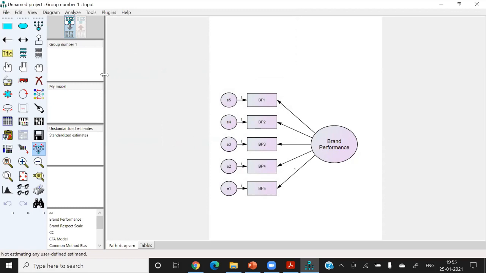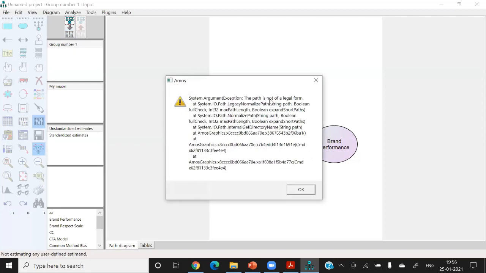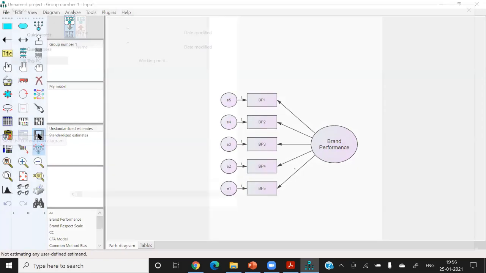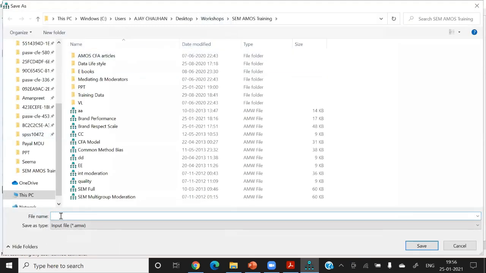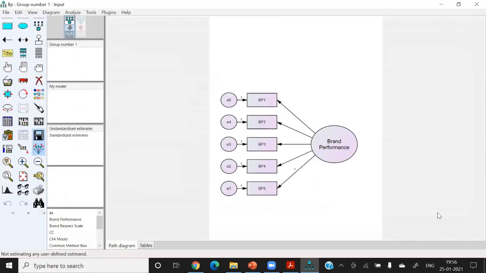But the problem is that software will not run your model if you don't save it. First of all, you have to save this model, otherwise the software will not run it. For example, if I want to run it, this software will show you this kind of problem, and you will be confused about what is the meaning of this problem. So this software is giving you a very complicated problem, but the problem is that kindly save your model, otherwise I will not run it. So we have to save this model first. So I'm saving this model. The name of the model is brand BP. I'm just saving in the name of BP. And after saving this model, I can run it. So now you can see that the software is running this model. So when you run this model,